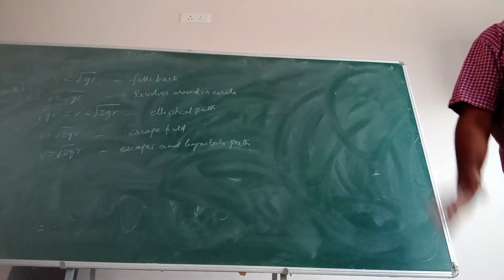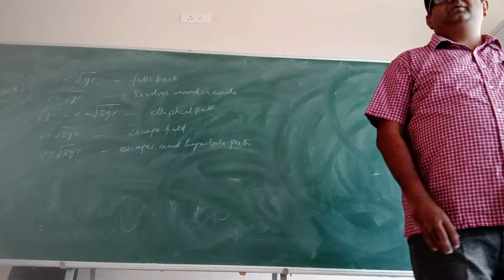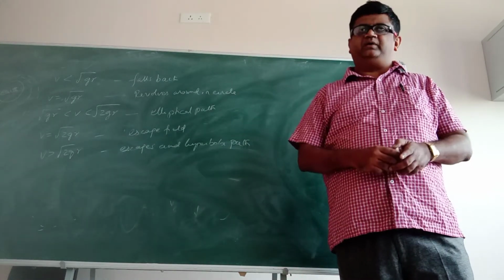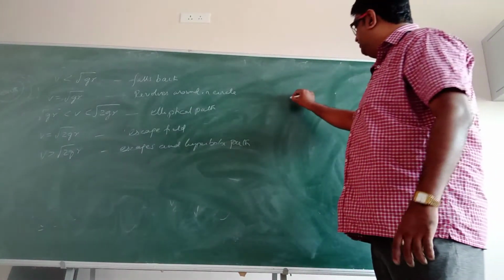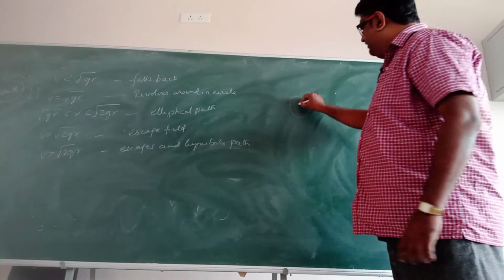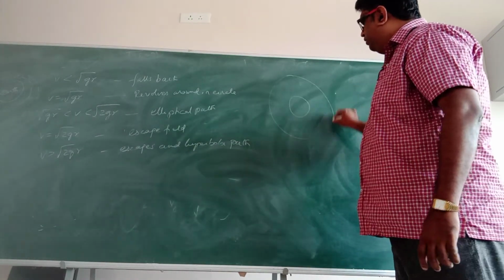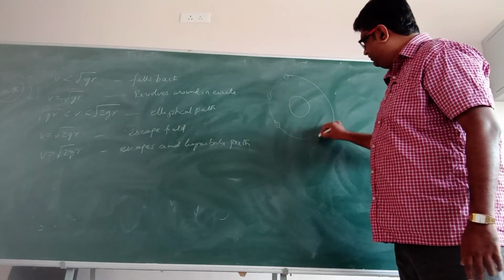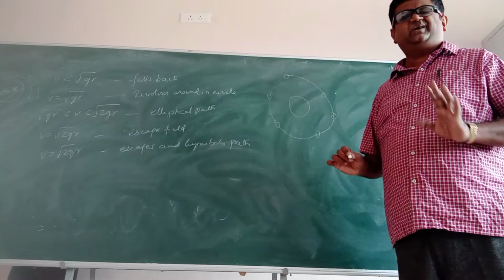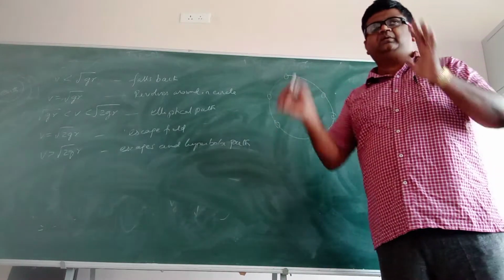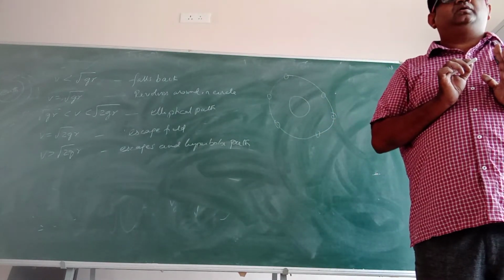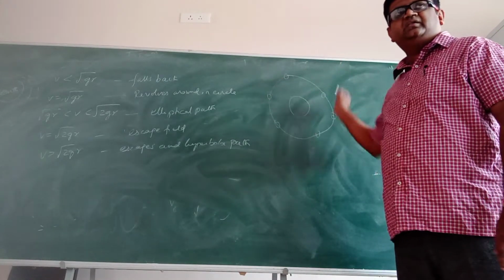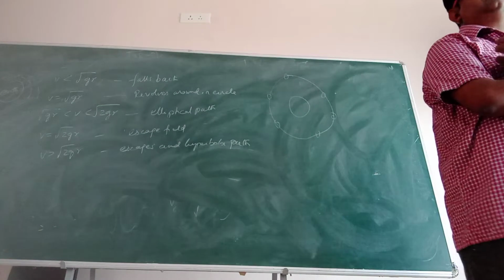Now, the second condition: velocity is equal to root over gr. Already explained. If it is exactly equal to the orbital speed, it will continue rotating in that orbit only. That means this is your Earth, and it is in an orbit which is 500 kilometers above the Earth. So it is rotating around the Earth in that orbit. In this orbit there is some particular speed. If it is maintaining that speed, it will forever keep rotating in that orbit only, unless the fuel is over.